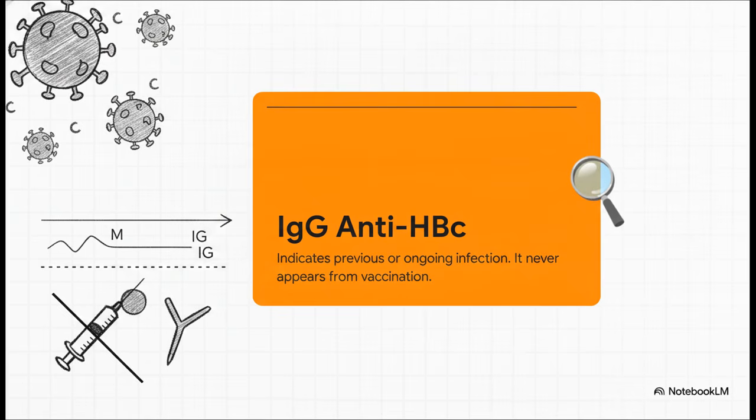The core of the hepatitis B virus is highly immunogenic, but it's deliberately not included in the standard recombinant vaccine. Therefore, if you see an anti-core antibody on a panel, that patient's immune system has encountered the actual, live wild-type virus at some point in their life. The IgM anticore is the very first antibody to appear, and it's the definitive marker of an acute infection. As that acute phase wanes, the IgM gets replaced by IgG anticore, which remains positive for life, permanently marking a